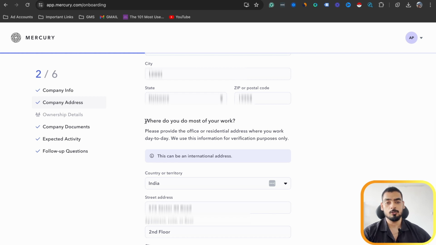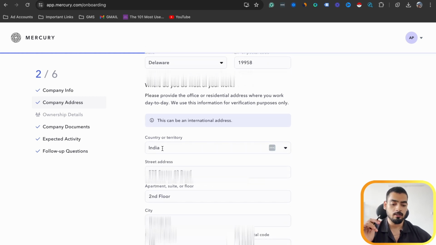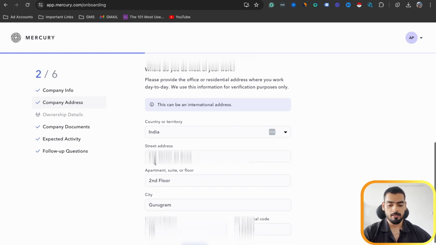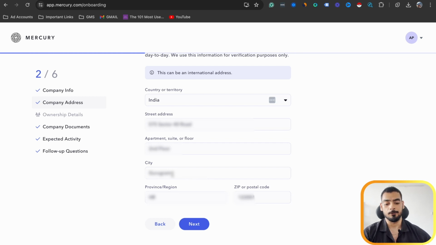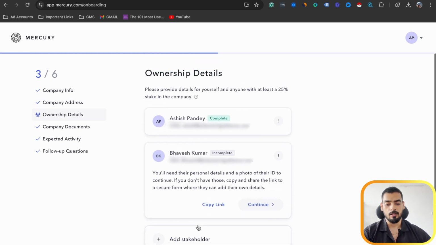So now this question, ये वाली जो चीज़ है वो भी बहुत important होने वाली है। Where do you work? Where do you do most of your work? Because at Mercury Bank they know that your account is remote, so the chances are that you are working outside of US। So in this case you have to provide your correct detail, your correct address, जहाँ पे भी आप अभी currently रह रहे हो।